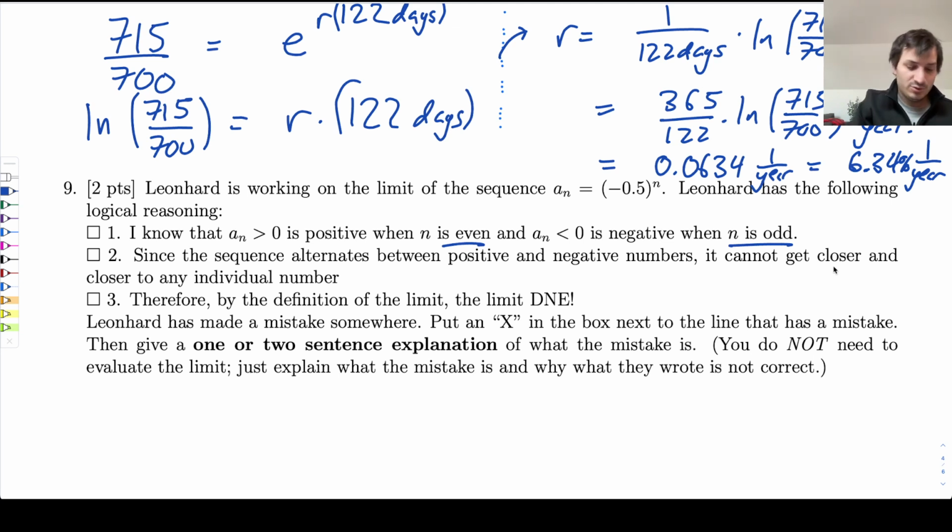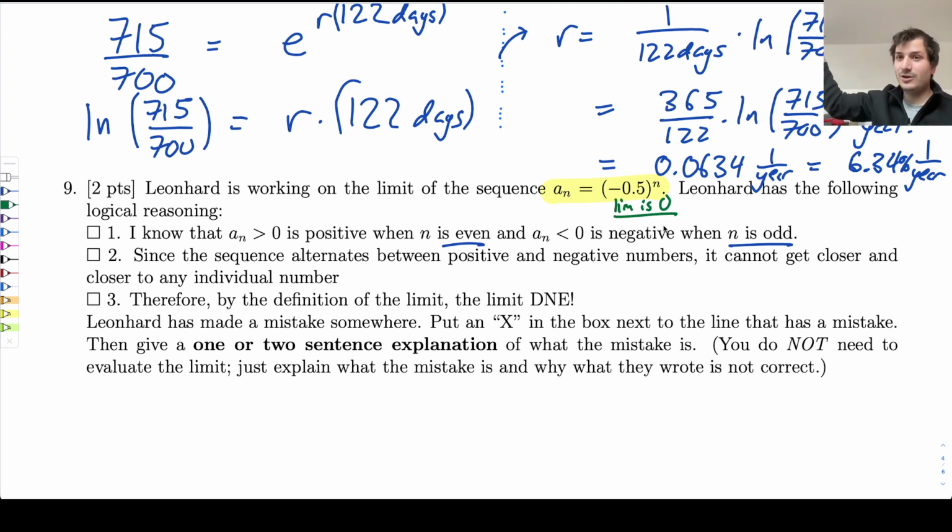So first of all, you should, in your notes, be able to find the limit of the sequence. The limit of this sequence is 0. That should be in your notes somewhere. We know that if the power is less than 1 in absolute value, then the limit will be 0. Okay, so the limit is 0. Why is the limit 0? Well, it does alternate between negative and positive,